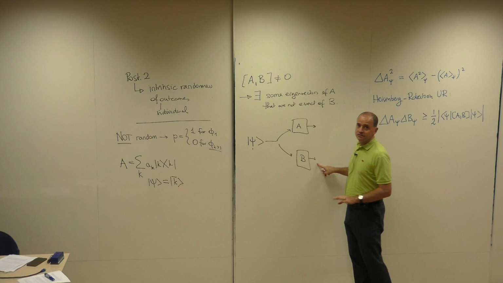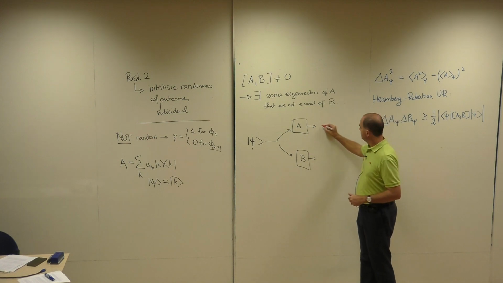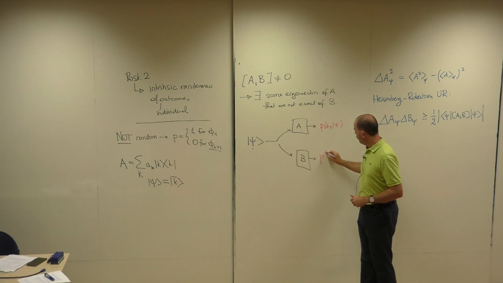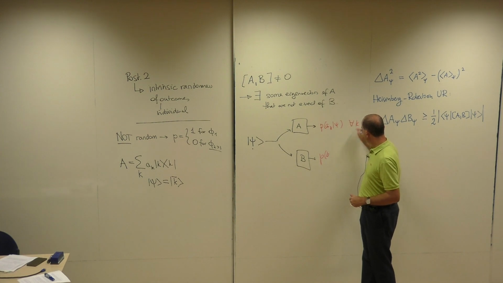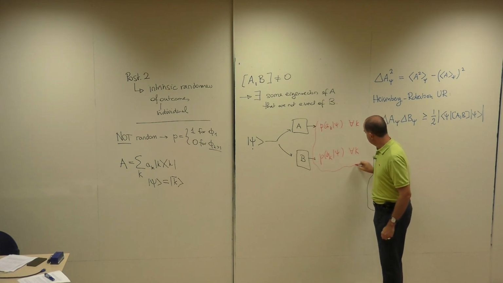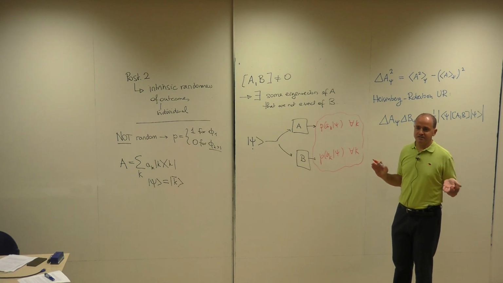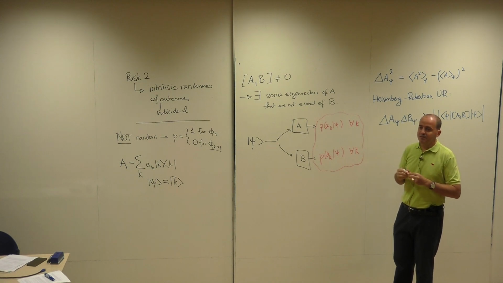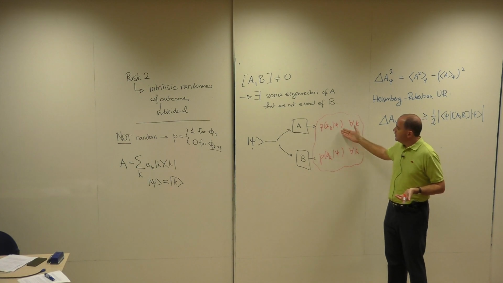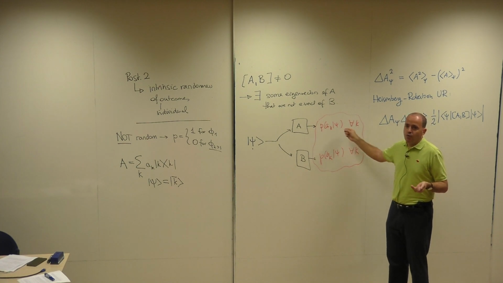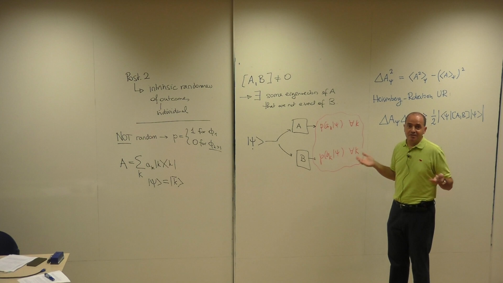At this stage, we have all the statistics. We have all the probability of A1 given psi, and we have all the probability of AK given psi for all k, and all the probability of BK given psi for all k. This is maximal information about our statistics. We cannot have better than that. In particular, if one of them or none of them is not 1, 0, 0, 0, 0, well, then there is some uncertainty.